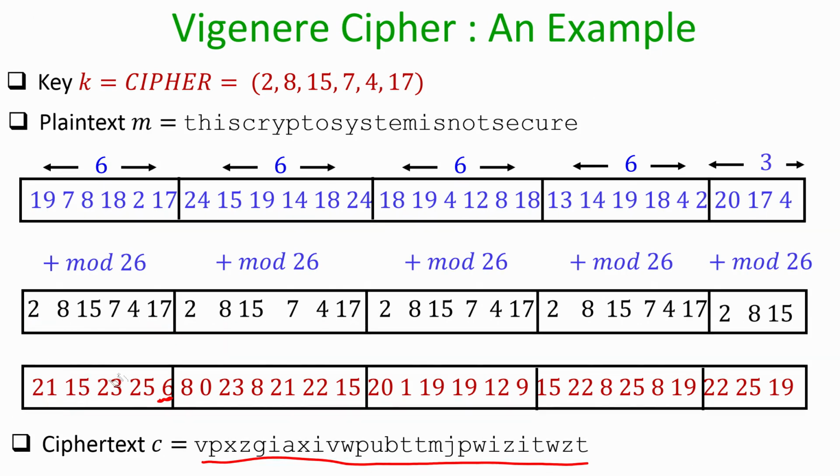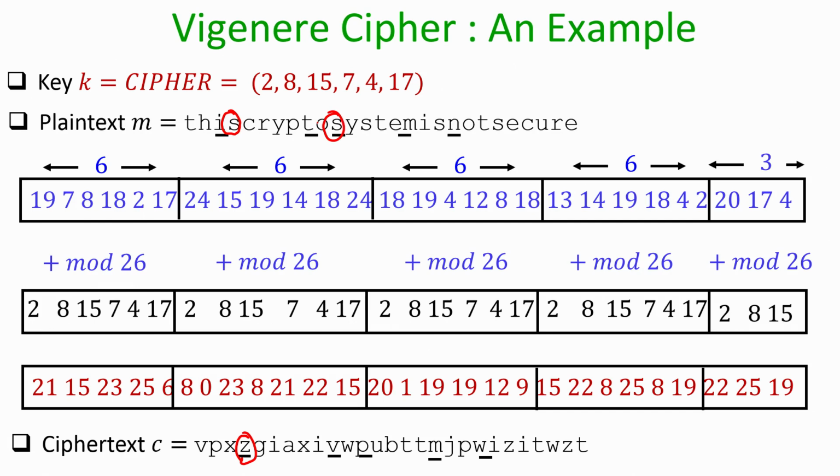Now the idea here is the following. If you see the plain text and the ciphertext, what I have highlighted here is all the instances of the symbol S. You see each instance of the symbol S gets mapped to a different ciphertext character. For example, the first instance of the plain text character S gets mapped to Z, the second instance of the letter S gets mapped to V, and so on.